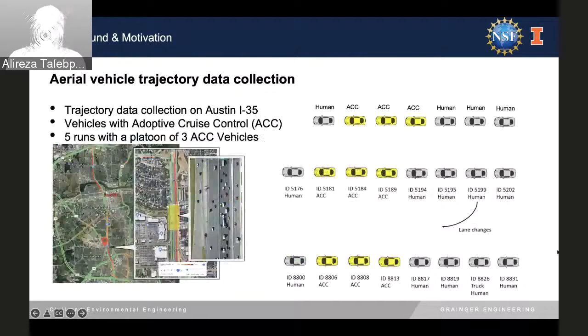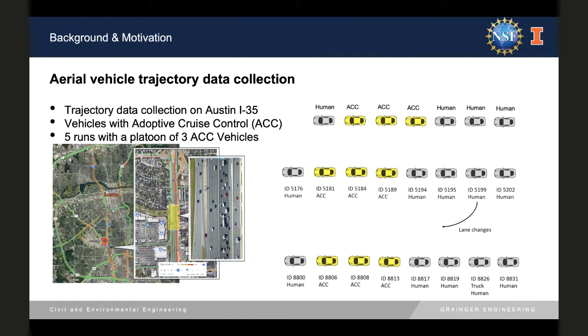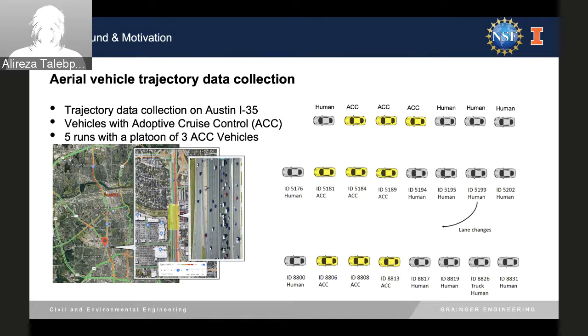So, in one of these runs, these are the 3 good ones. Of the other 2, in one of them someone cuts between the last vehicle and the second vehicle, and in another one, the platoon was completely dismantled for a short period of time. So they lose connections. They're no longer a platoon. It's still moving at ACC, but they were able to form a platoon over again.